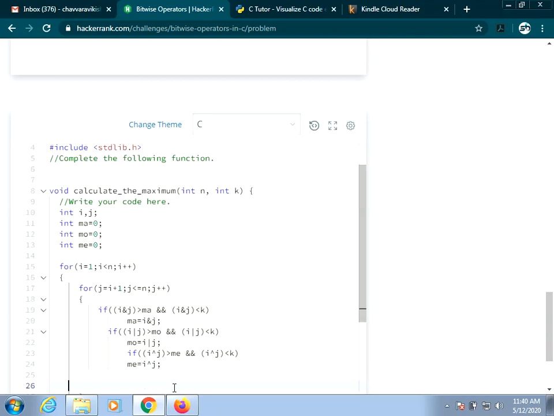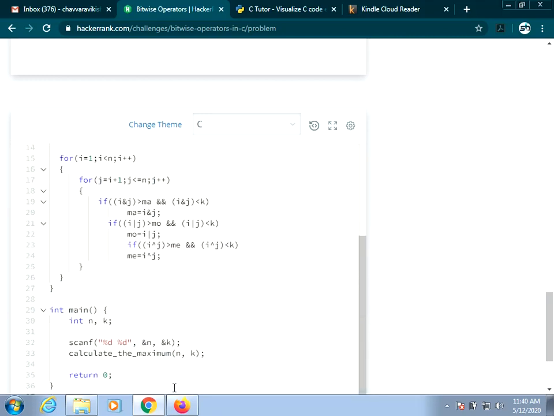You will find the cap symbol on 6. If you press shift 6, you will get the cap symbol. So with this particular code we will be getting the maximums.